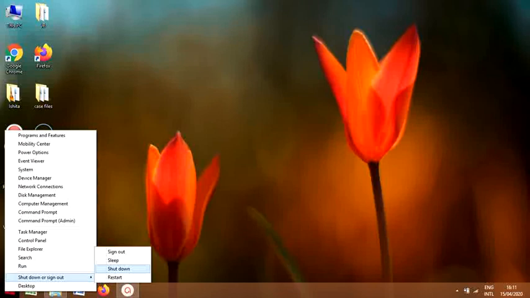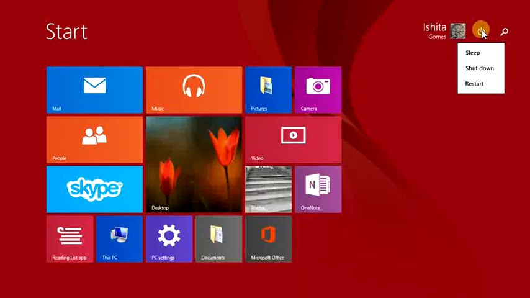Usually a click refers to left click. Only in some cases do we use a right click. So once I click on it, I get further options and this helps me to shut down my computer. If you, however, choose to do a right click, you will come to this screen and you can click on the shutdown button, which gives the following options: sleep, shutdown, restart. You can click on shutdown and this will help you to shut down your computer.